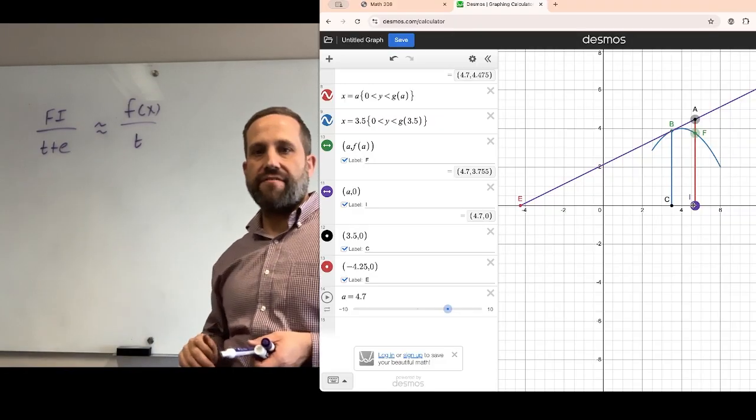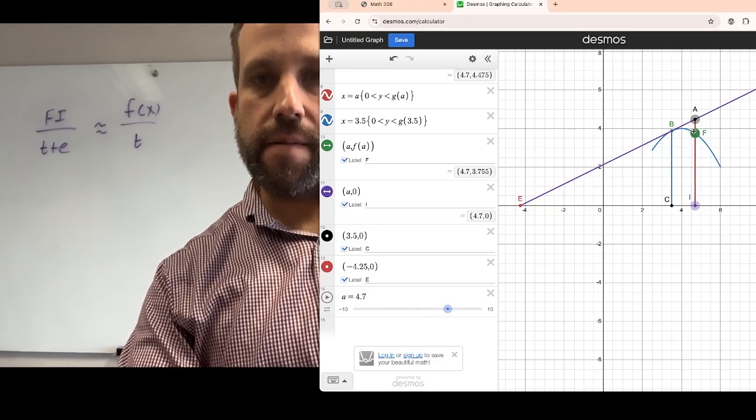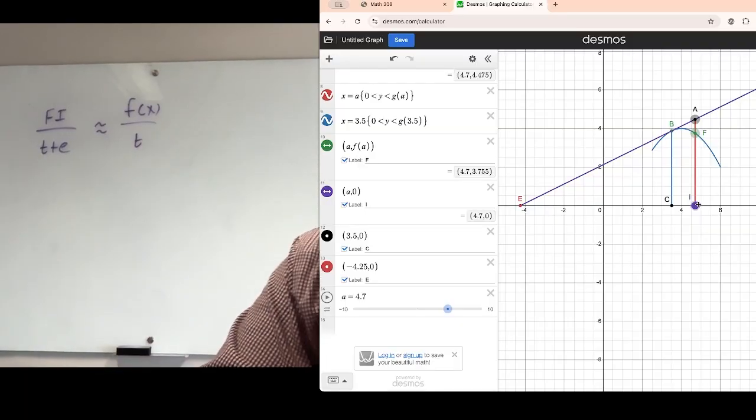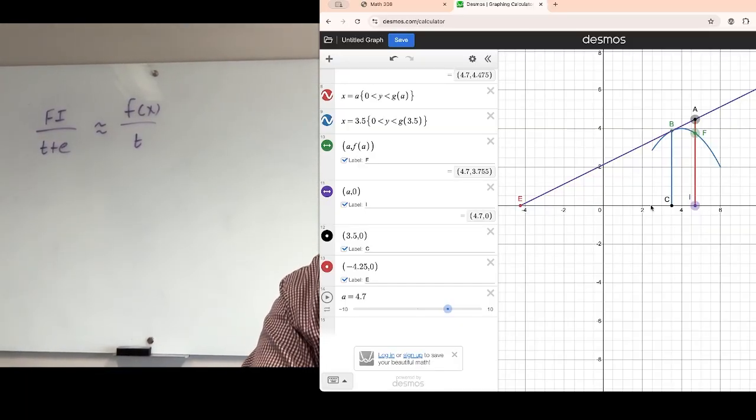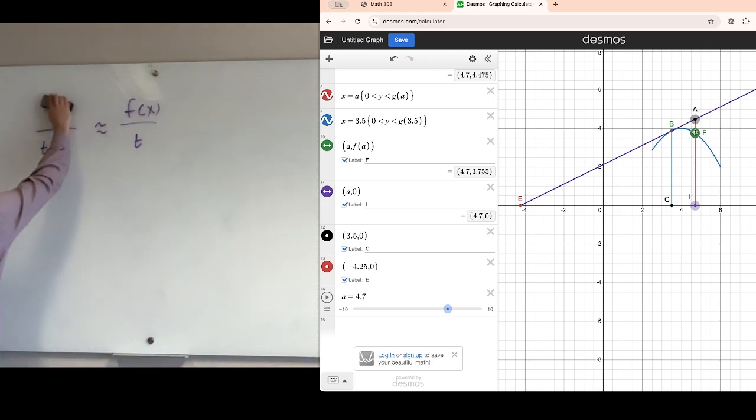But now what is FI? Well, F here, this point, is just F of x plus E. So C here is x, that distance there is x. And so that point there, the vertical coordinate, the y coordinate, is just f of x plus e. So we've got f